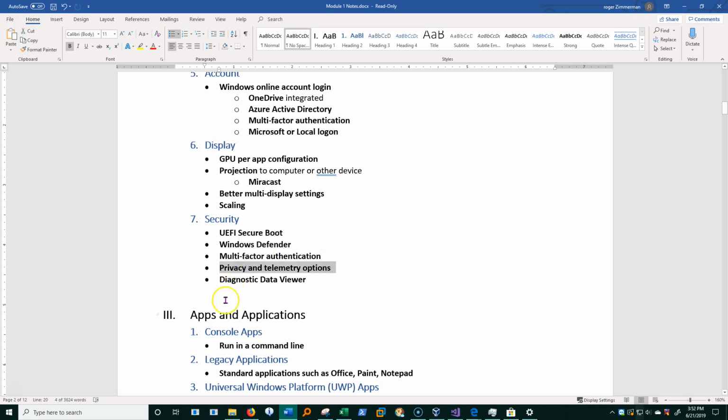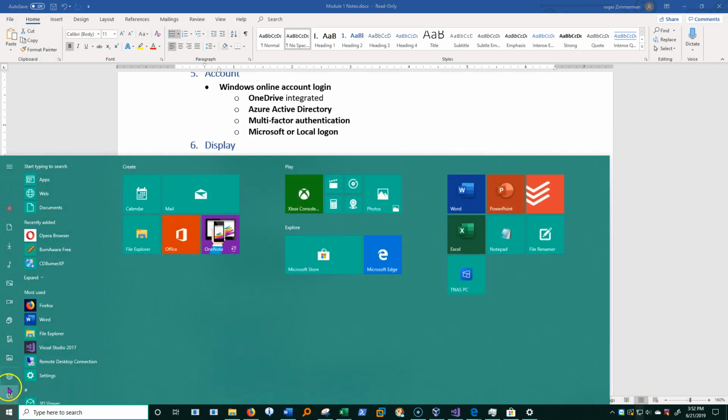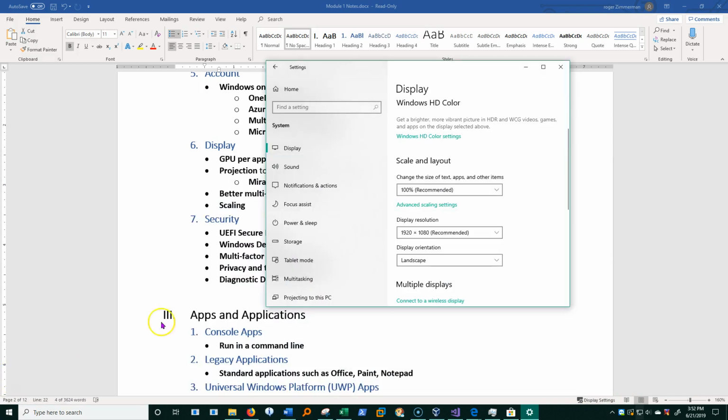Privacy and telemetry options. I now have quite a bit of say in what Microsoft can and cannot see from my system. And if I go into the settings area, I'm just going to type privacy, because this is the easiest. Whoops, not privacy, that's silly.